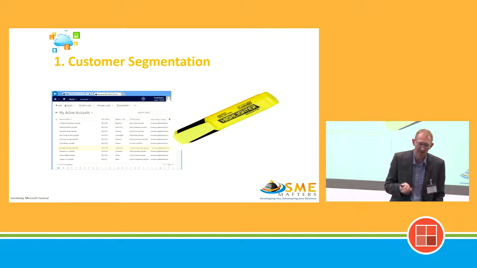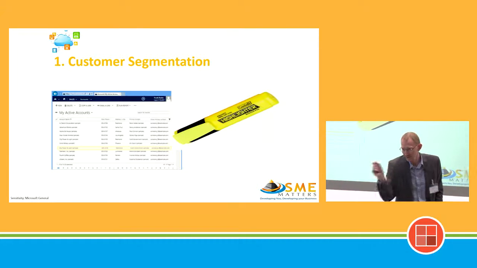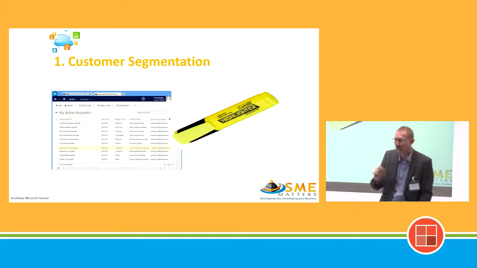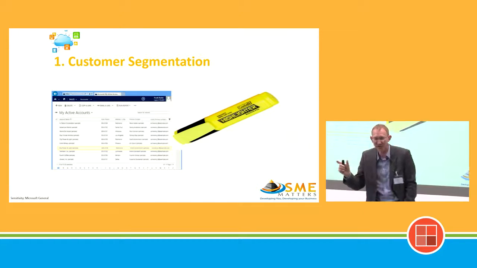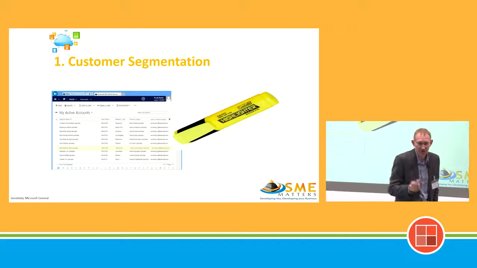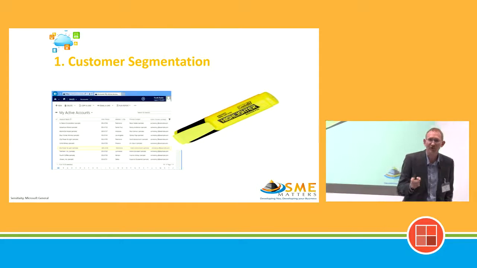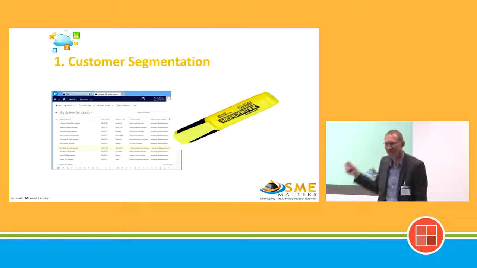And I then start putting them into tiers. Tier 1, Tier 2, Tier 3, Tier 4. I very seldom go beyond Tier 4, but it does happen occasionally, depending on the size of the customer base that you have. Andy already mentioned this morning, that was one of the first things that he did.